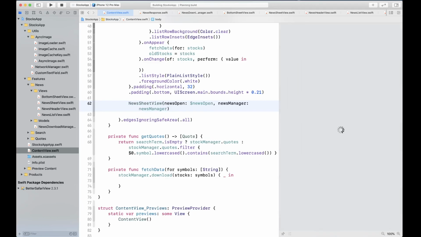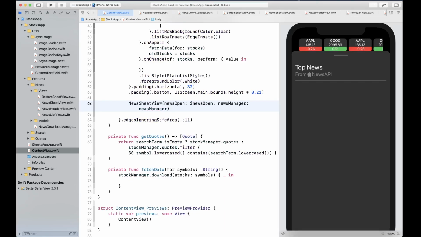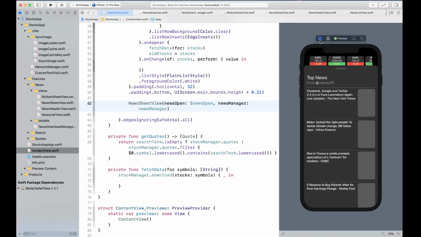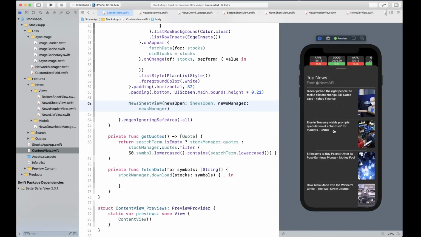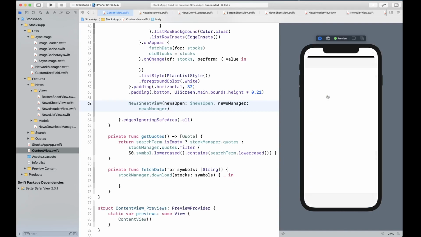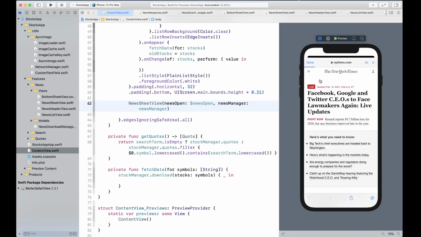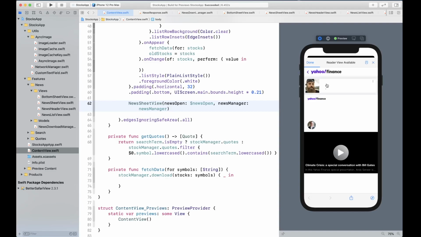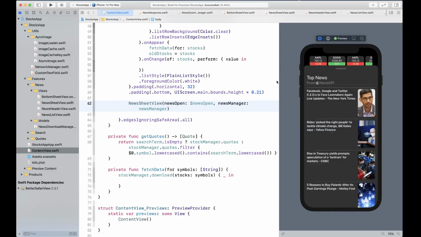So now let me go ahead and launch it inside the canvas and try to load it in there. So if that gets loaded, that's good. Otherwise, there we go. Okay, so it is loading. Let me zoom out a bit and run. And there you go. So you have your news articles showing up, right? And if you click on any of these, you should be able to launch Safari and open those news articles. So let me go ahead and click a couple of these. So there we go. Okay, cool.